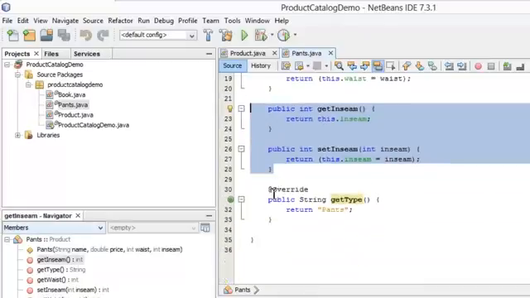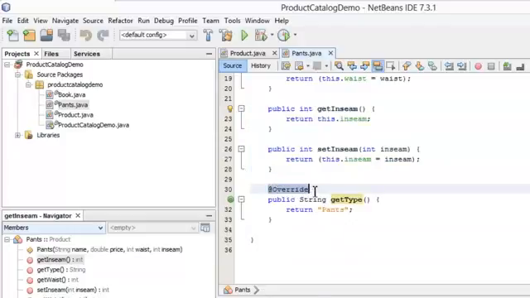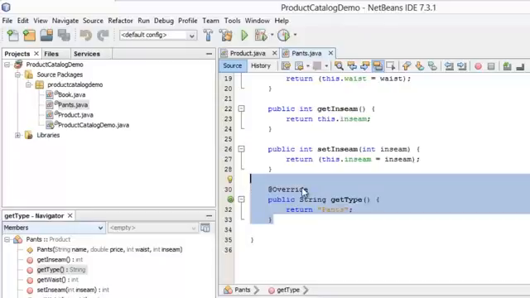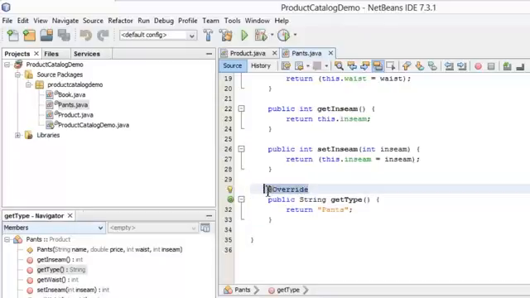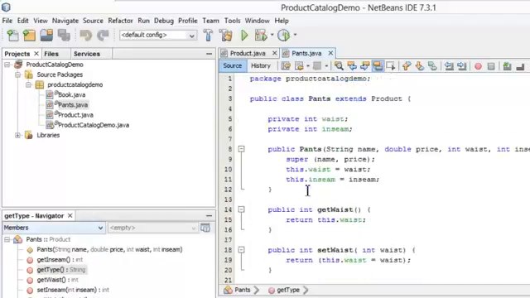And then it's going to override get type, because I don't want the get type method to return product. I want the get type method to return pants. So I'm overriding that behavior. You've seen this before with toString, right? When you make a class, if you want to override how the toString method works, you have to put this special override annotation. The other thing that I'll mention is when I call a constructor of a subclass, I want